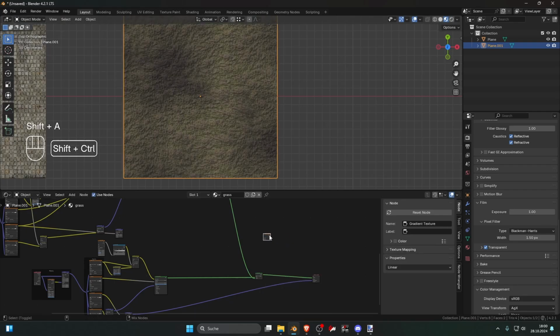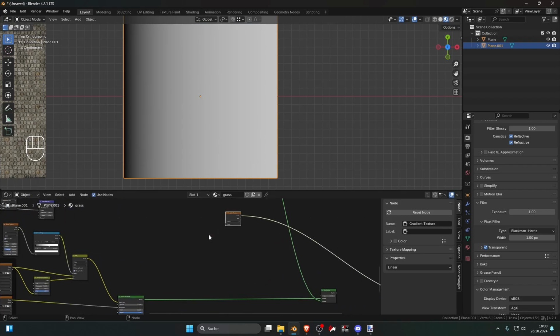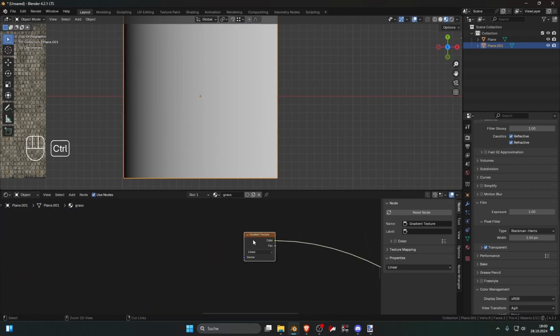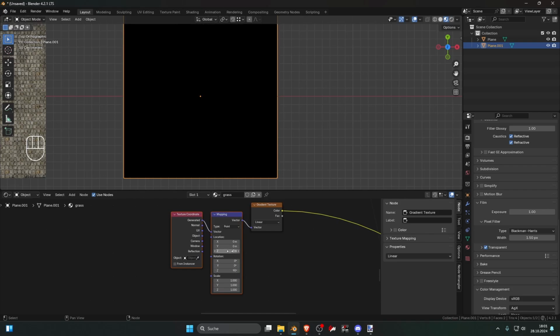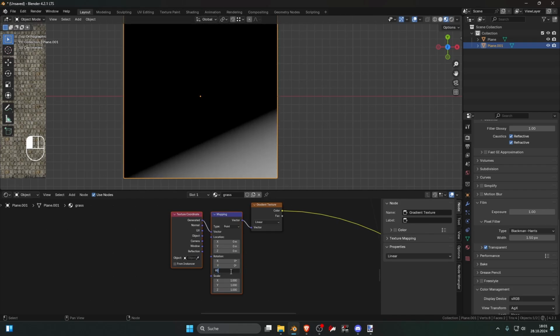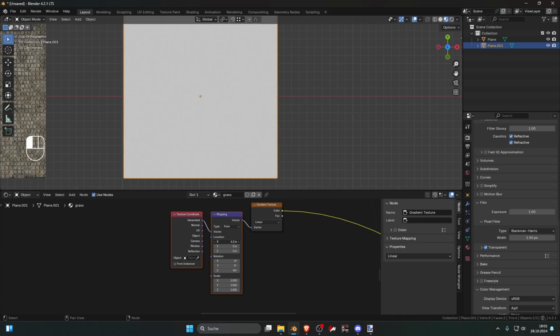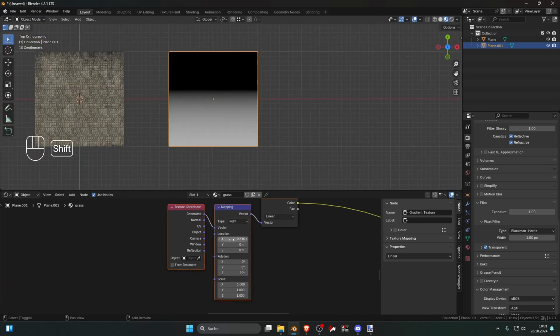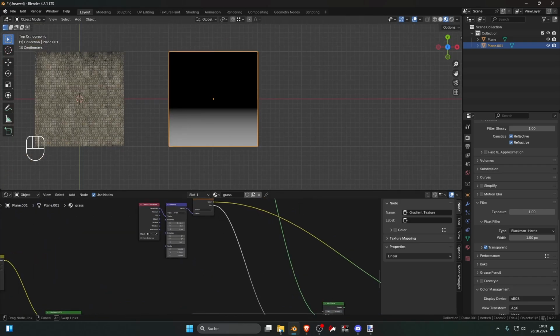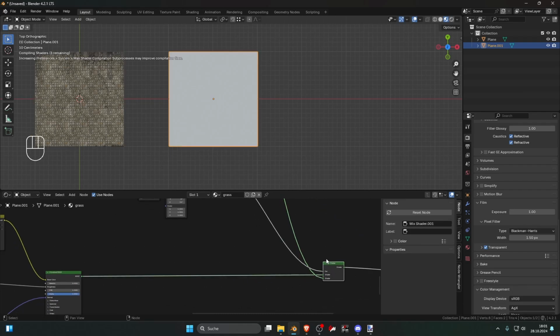Let's add a gradient texture, and I want it from the top to the bottom. Yeah, 90 degrees, and then pull this up to around here. Maybe here. Now, if I put this into the factor,